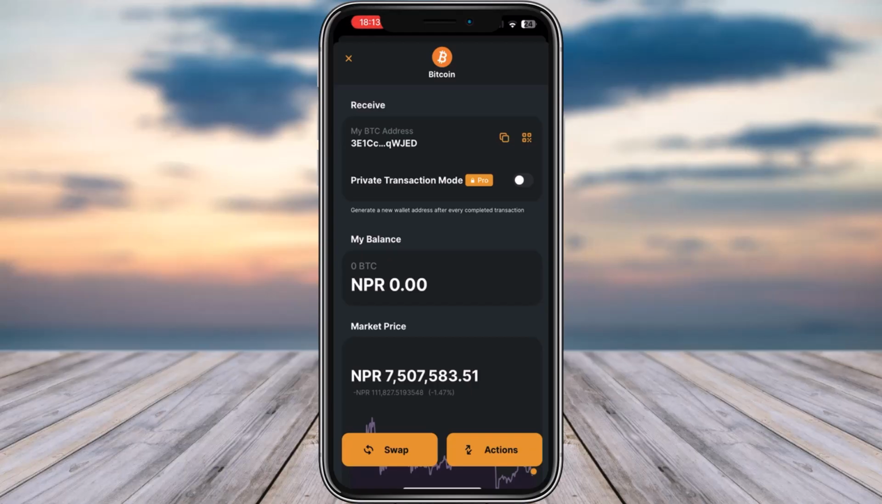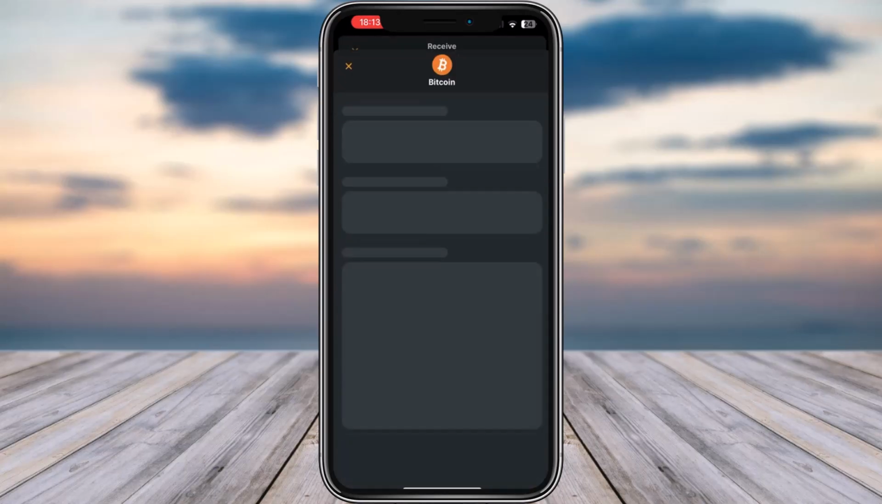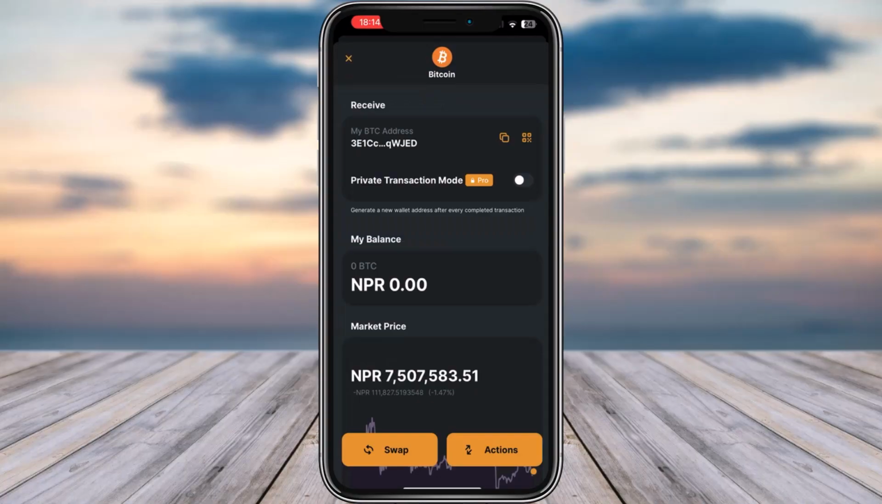So that is a simple method. Just come over here, choose your Bitcoin, tap on this copy icon, or you can check out the QR as well by tapping on it, and that is it. So that's how you can do it,